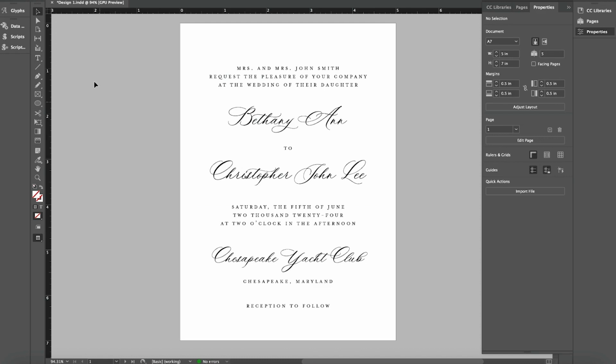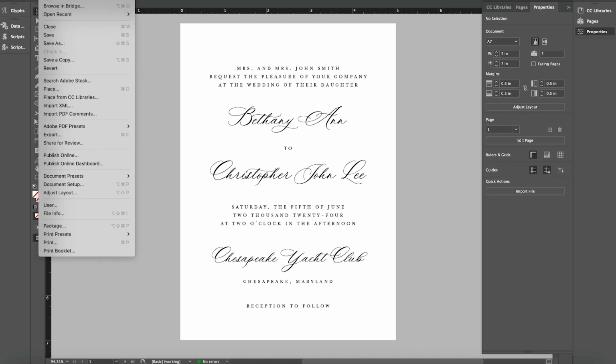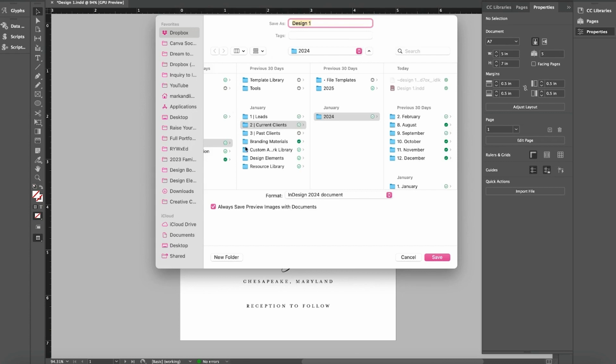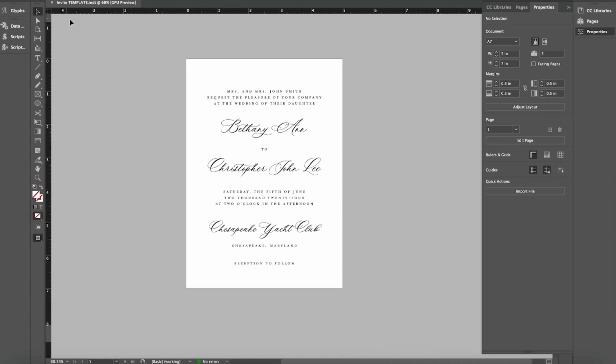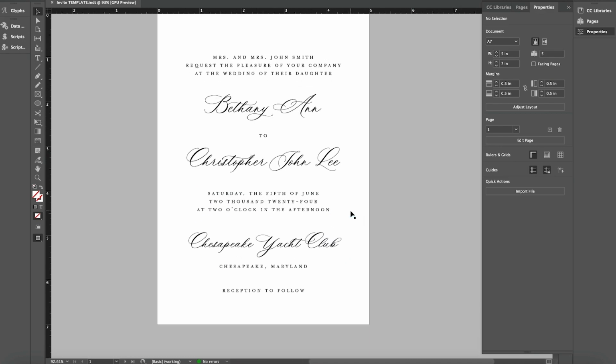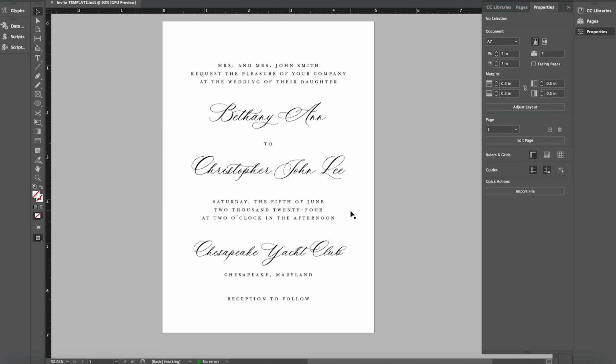So if I want to go ahead and save this as an InDesign template, I'm going to select File, Save As, and then when I have this screen up here, I'm going to go down and select InDesign 2024 Template. Then I'm going to change this to Invite Template and click Save. And now, anytime that I am ready to start designing an invitation suite, I can open this template file and it will automatically save it as a separate file from the original template so that I am not actually changing the template, but then I can save it to one of my clients' folders and make the changes for that